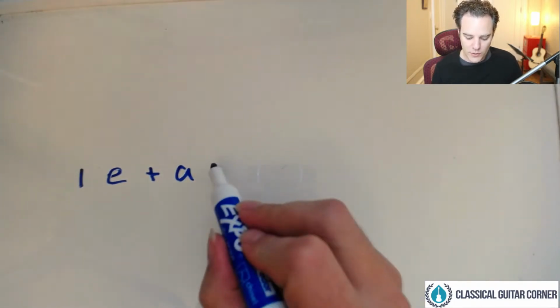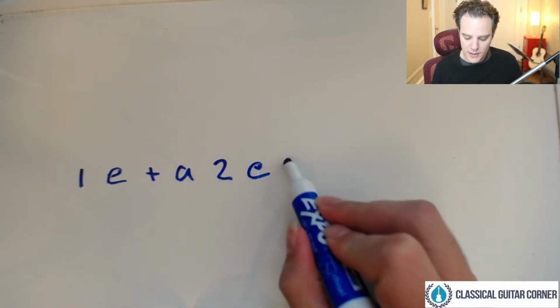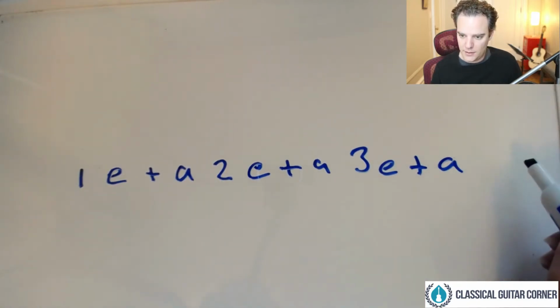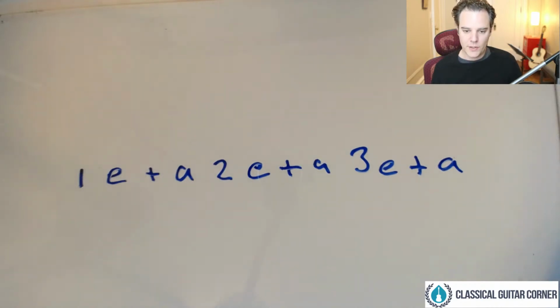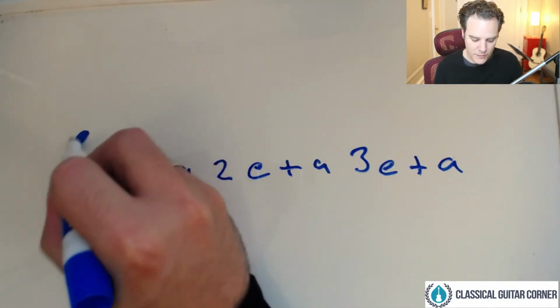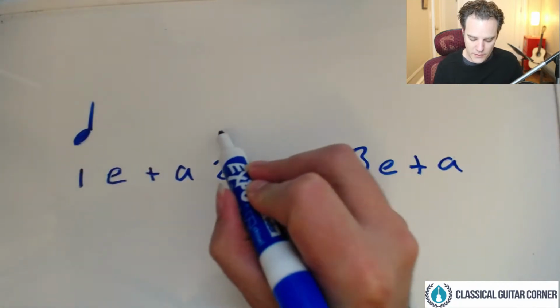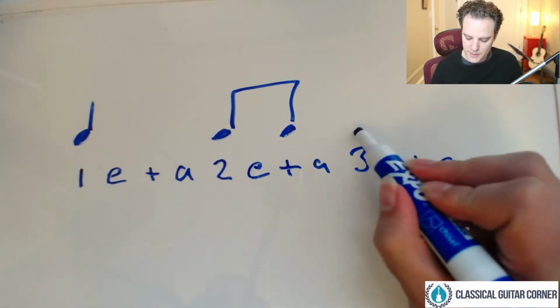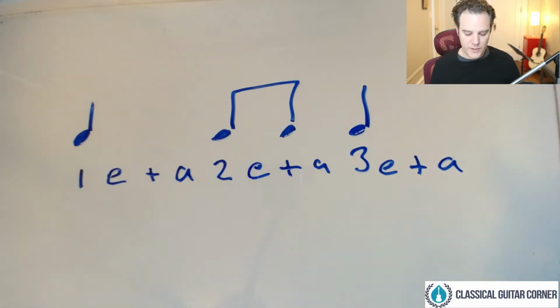And as we continue on, it will be 2, E, and A, 3, E, and A, 4, E, and A, running out of space, E, and A. So, if we had the same rhythm as before, something similar to that. 1 E and 2 E and 3 E and